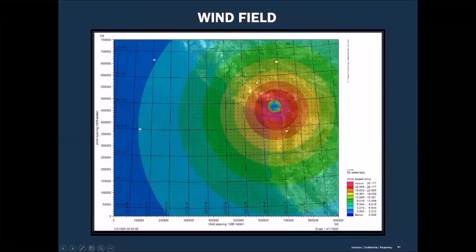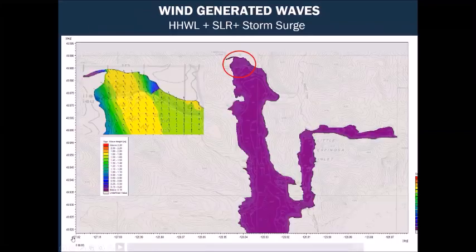The wind field is moving around the high storm. So now we know the high water level, sea level rise, and storm surge. If we have the storm, then the wave will be generated, and this wave will be propagated close to the shoreline. And from that wave, we have identified the inundation zone based on the wave height and the wind speed,